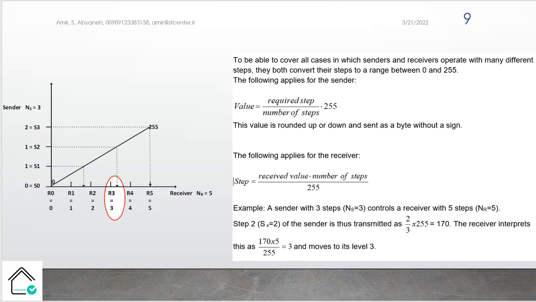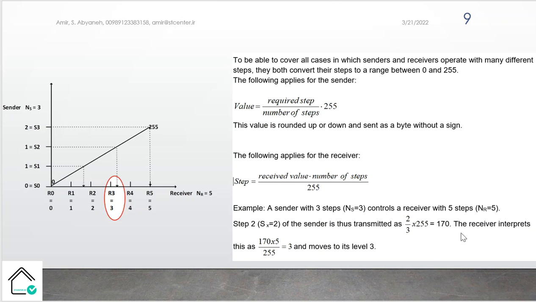For example, we have a keypad sender with 3 steps controlling a receiver with 5 steps, like an actuator with 5 steps. If we press step 2, what's happening? Step 2 of the sender is transmitted: the required steps is 2, the number of steps is 3, 2 from 3, multiplied by 255 is 170.